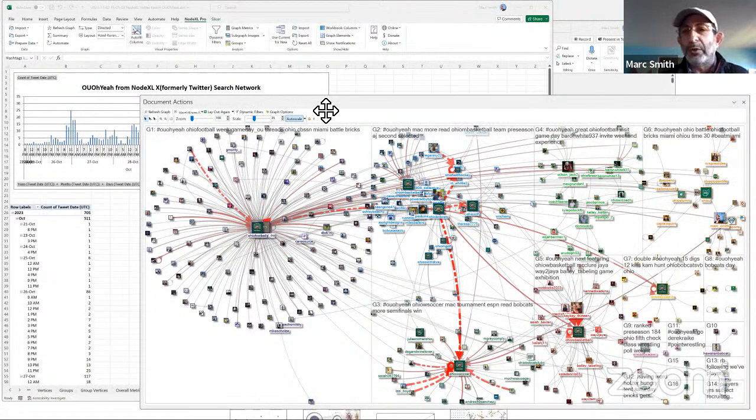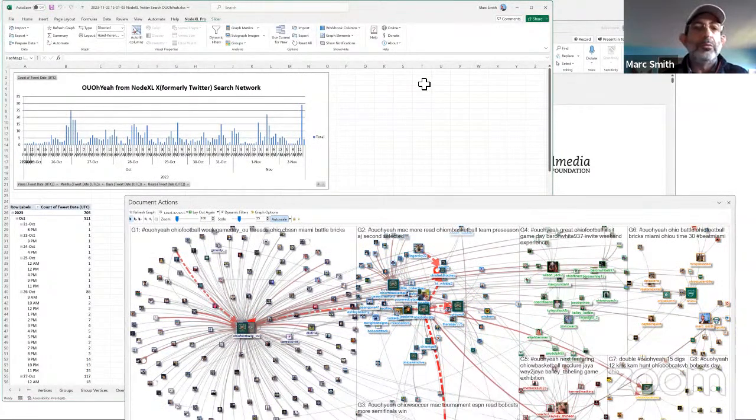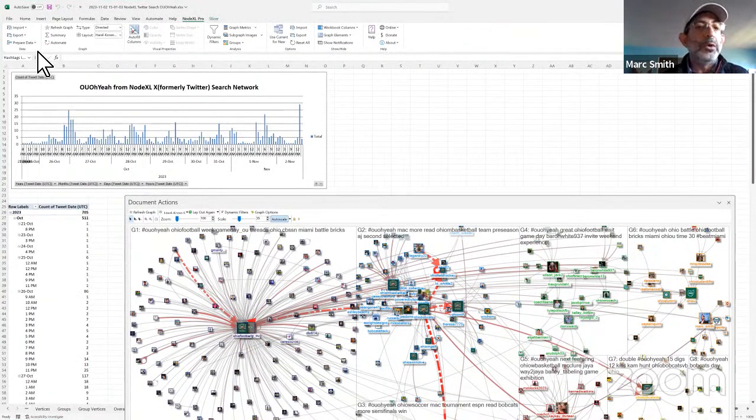Within a few seconds, we just started at the top of the hour. I opened up this, Node Excel. And within a few clicks, I clicked on a menu here. I'm in an Excel ribbon here. And if I go into this ribbon, I see I've got menu areas like data, graph, visual properties, analysis, options, show, hide, help. Those are the little subtitles for the menu divisions. These buttons are all the buttons you need, we think, all the buttons you're going to need to do those 5 things: collect it, store it, analyze it, visualize it, write a report about it.